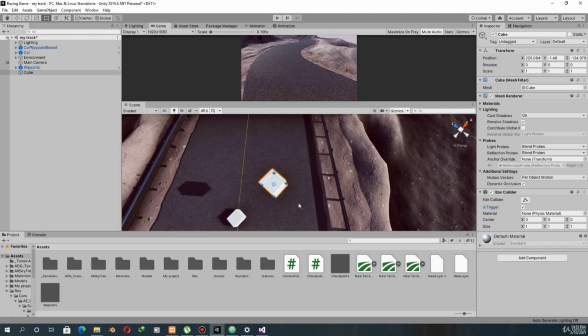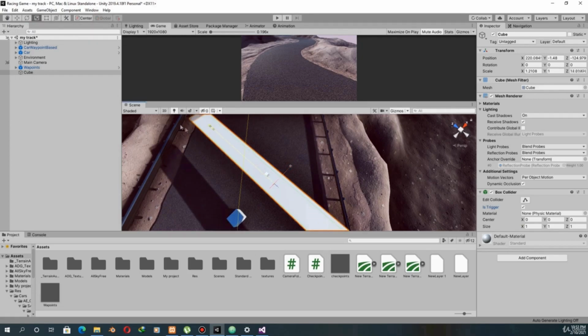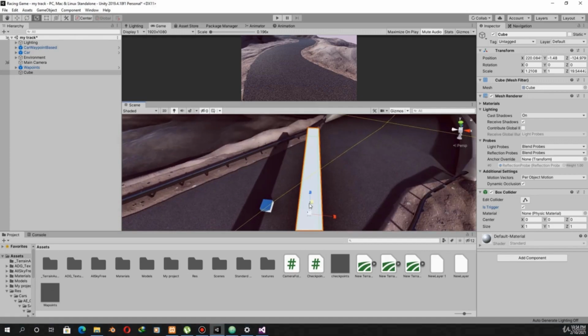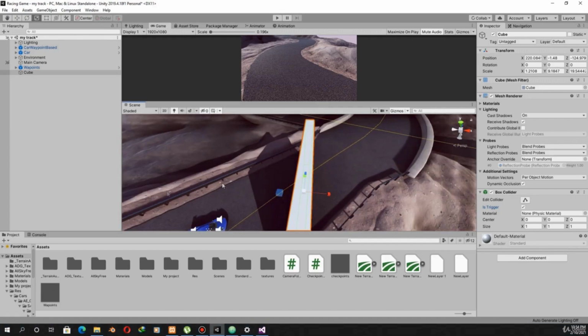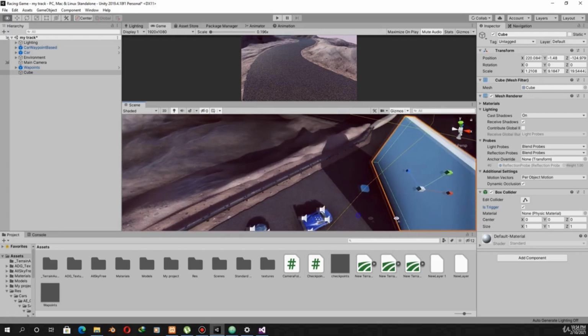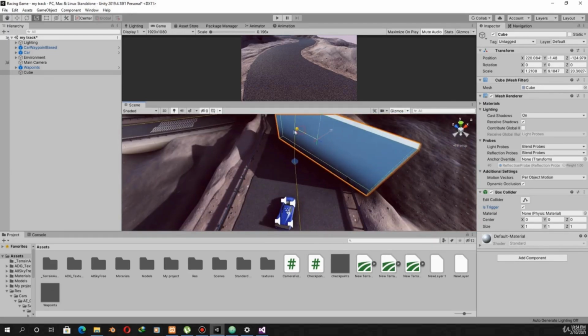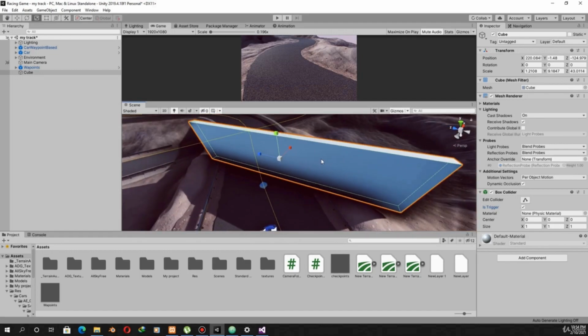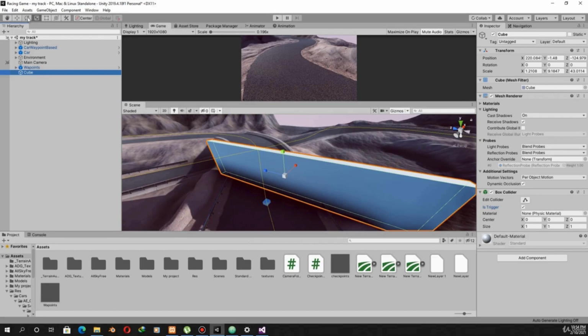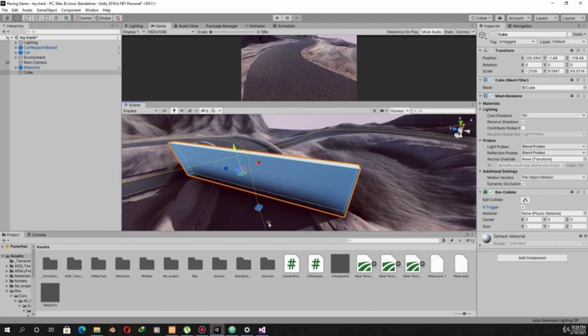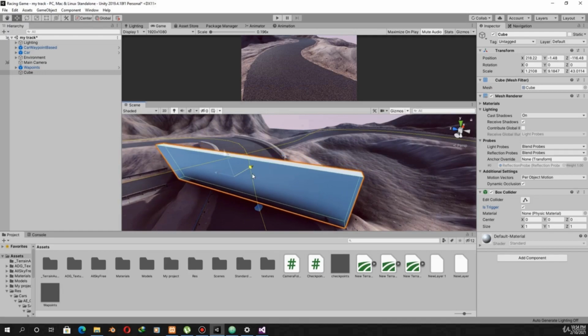I will select the scale tool, and it should be large so that we can detect the collision. And I will select the move tool and place it here. Now this is the first checkpoint, and when the car passes through it, a trigger will be generated.